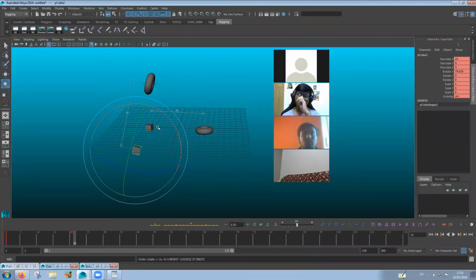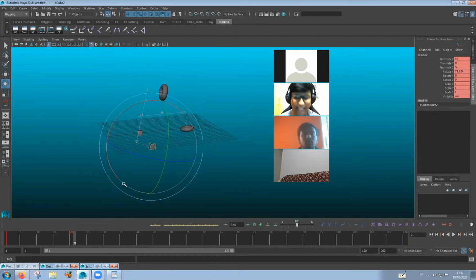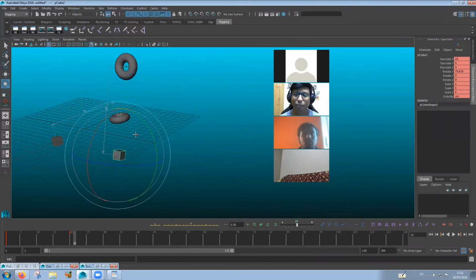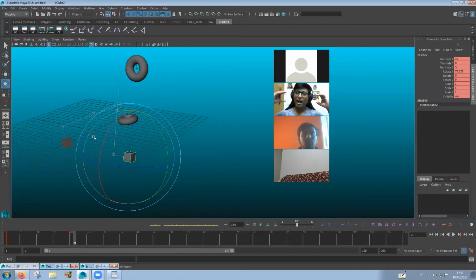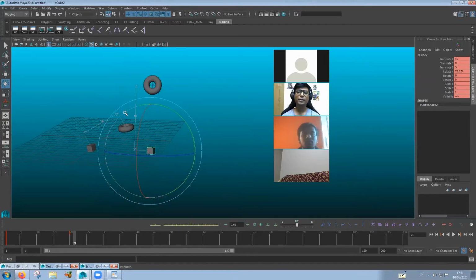This is a freedom that we get in constraint, but not in simple parenting. I could go on and on about them, but the main point I wanted you to know is that there is a significant difference between simple and constraint parenting, and that is why there are different uses of them in rigging. So where do you use simple parenting? For example, with the global controller, if you scale it, the whole rig needs to be scaled. So the entire group of the rig is simple parented to the global controller, so that you scale it and everything scales together. That sort of stuff we can use parenting for.